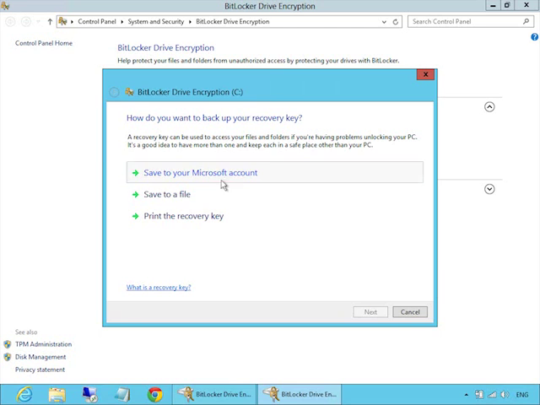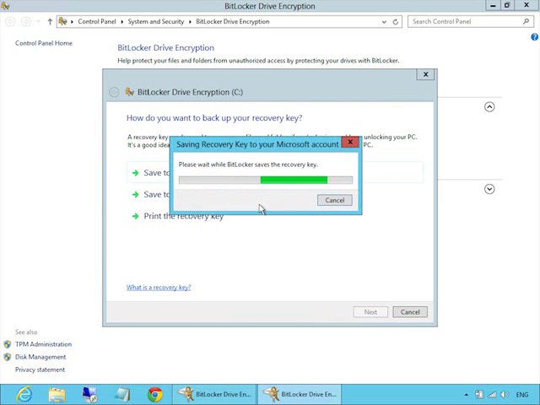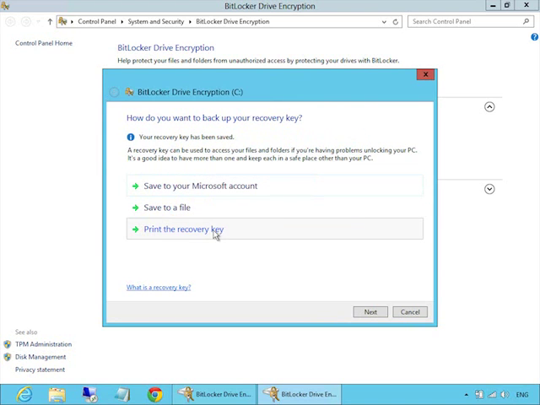Windows 8 is now integrated into these Microsoft accounts, and that's what I use to log in. So if you have a Microsoft account, it will save it to the Windows Live website and keep it there safe for you, because that's pretty smart, right? I used to print my recovery keys, but it's not like I can keep track of a piece of paper. I lost that paper right away. And if you save it to a file, what then? You store it on a different computer, and what if the wrong person finds it? Anyway, so my favorite way in a small business or home environment without an Active Directory is to save it